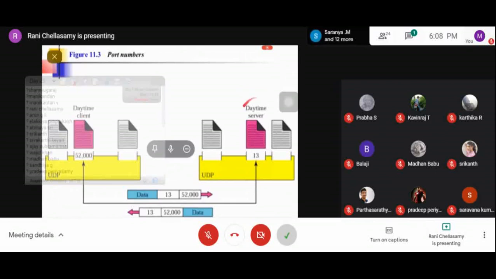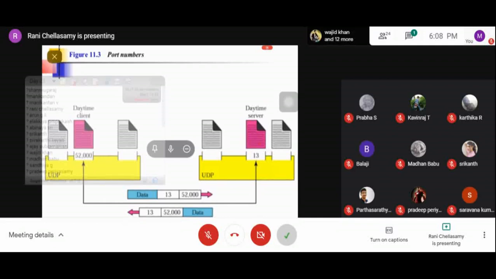And at the server side it can also use the daytime server, which refers to the date and time of the server machine. Here the UDP is going to handle this port number. The client's port number is 52,000 and the server port number is 13.